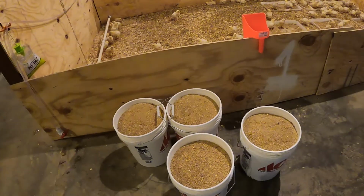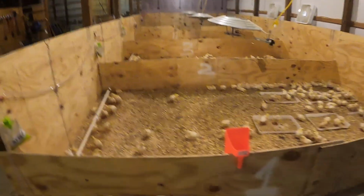And now we know. What we do is we keep a tally of how many buckets we feed every day. And then at the end of each batch, I do the math to figure out approximate total pounds of feed we went through, to figure out cost and conversion of pounds of feed per pound of chicken. And now we have our 4 buckets, and we'll go ahead